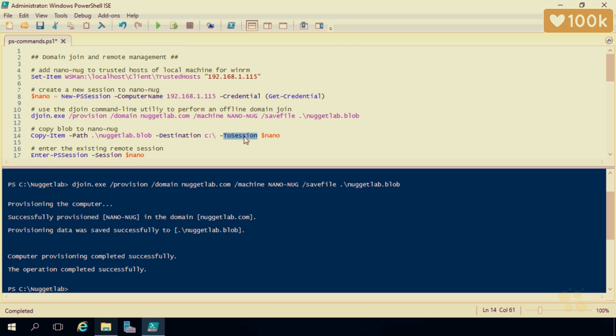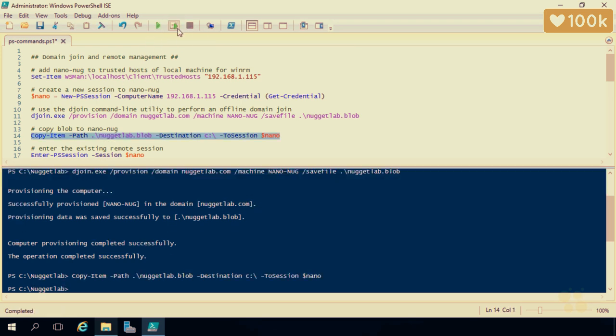But this makes it extremely simple to copy files between machines, because all we need to do is specify our local path, which we're referencing nuggetlab.blob, and our destination. We're just going to put this in the root of the C drive, and then the session that we want to copy it to, which is why we created that session and stored it in a variable. Now place your cursor on that line, once again hit run selection, and that's going to copy that file over